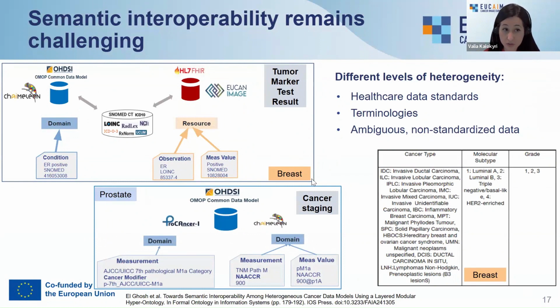Okay, we are on the breast cancer scenario. So we have one project that uses OMOP. We have one project that uses FHIR. As you know, in OMOP, we have what we call domains. The domains in OMOP are the condition, the measurement, the procedure, etc., under which the standardized vocabularies are associated with. On the other hand, on FHIR, we have what we call resources, and then we have observations, procedures, etc. So the tumor marker test result of the estrogen receptor positive in OMOP, you can see that was represented as a condition. Okay, so it's under the condition domain by using a SNOMED vocabulary, and you see the code.